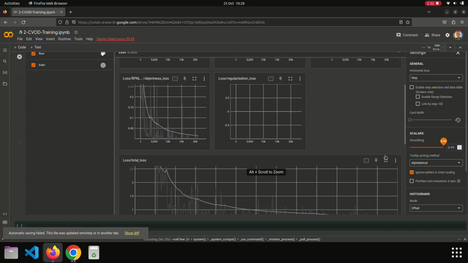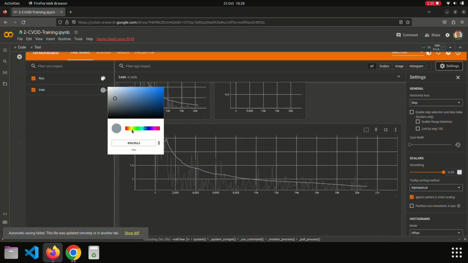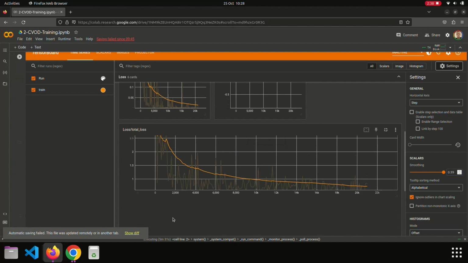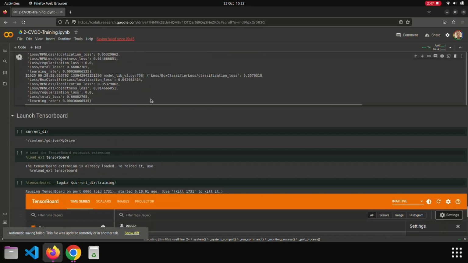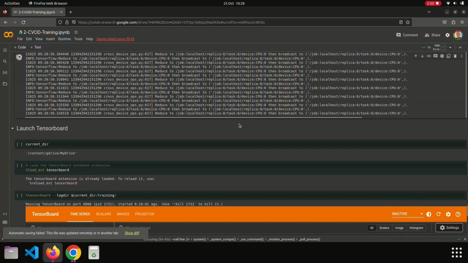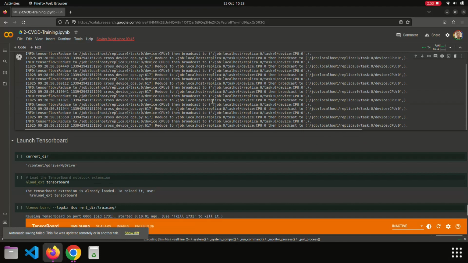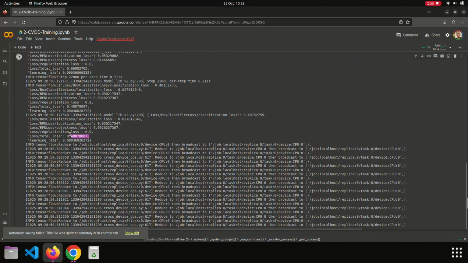As you can see here, the losses decrease over time. For example, here at step 22,000, the total loss is 0.48, and